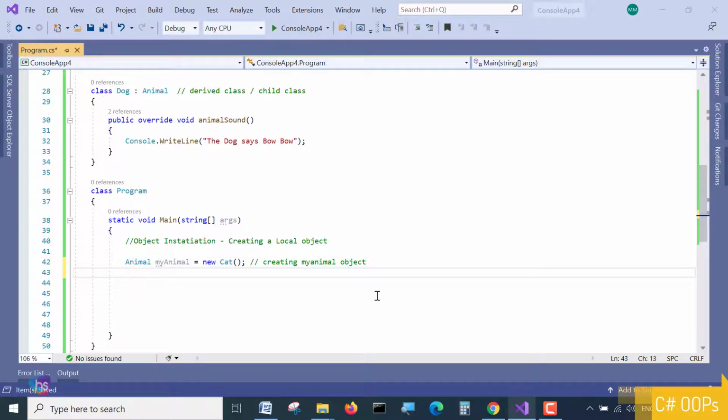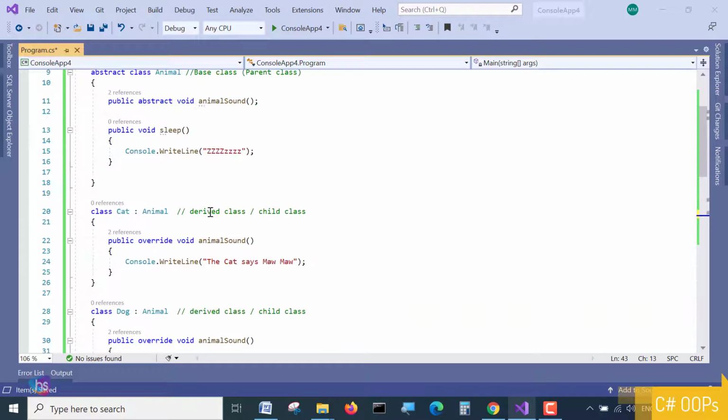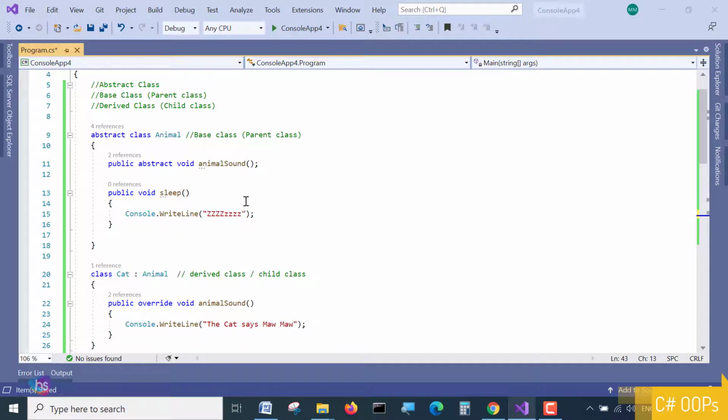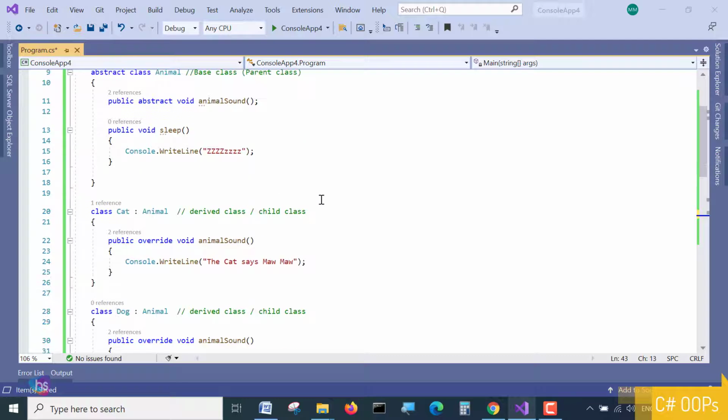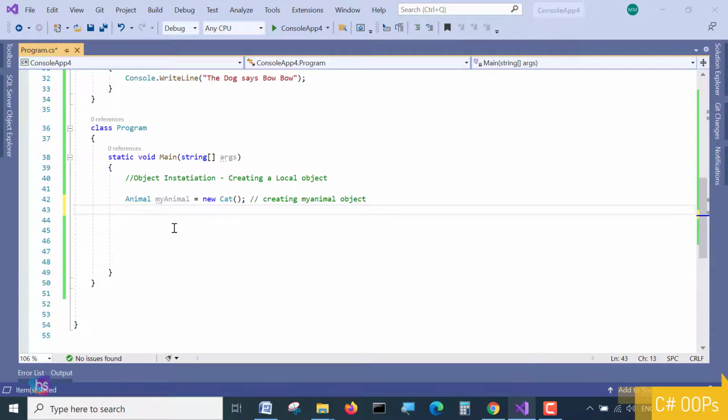And if I want to call the abstract method, I can call it like this: my animal dot AnimalSound. Just terminate it. Let's see.